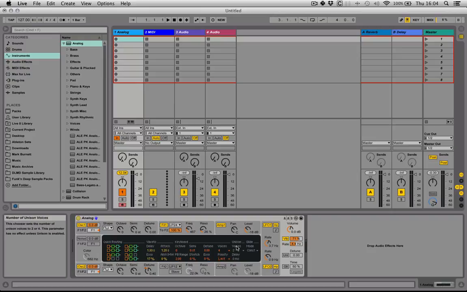Okay. The next thing down here on the right in the main section is the unison. Now unison basically then adds an extra chain of voices. Okay, and we've also got an option to double that to 4. And you'll hear that when we activate unison,